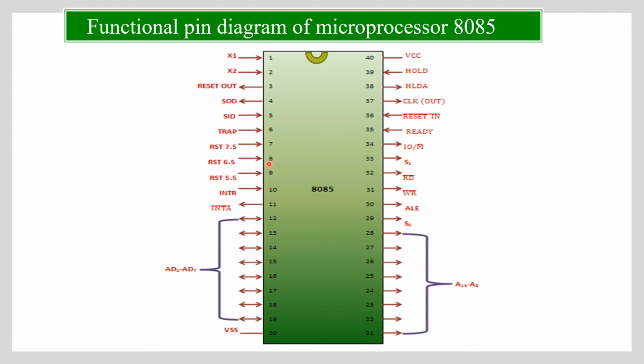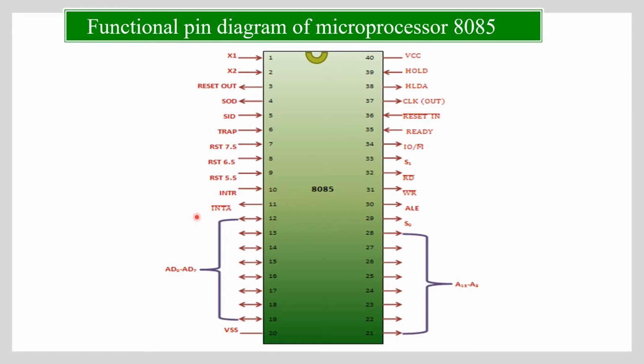But X1 and X2 say we don't have that much money. The kidnapper says okay brother, at least give 6.5 crores. That is nothing but RST 6.5, pin 8. Then again X1 and X2 say this is also too much, we don't have even this. Then they settle down to 5.5 crores. That is RST 5.5. That is pin number 9.